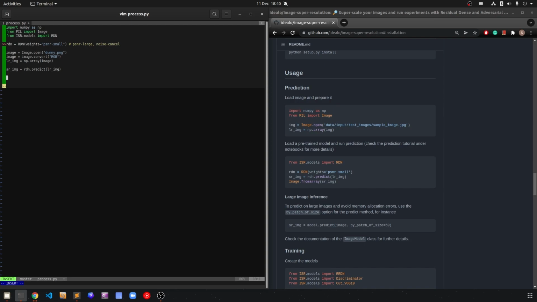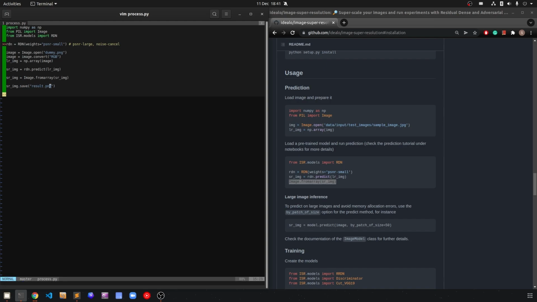So if you want to save that into a new file name, we have to first change that to a PIL image format. So we do that by, I'm just going to use the same name, image from array SR image. It's just the same as this line of code right here. And once we have that PIL image, we can now save it. Image, just going to use the same name. Save it to a file name called